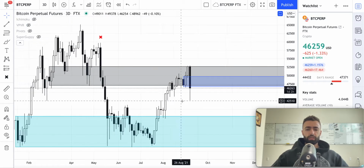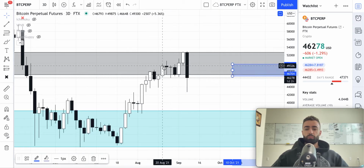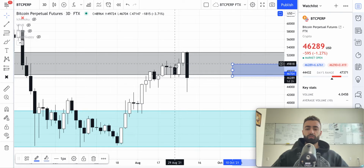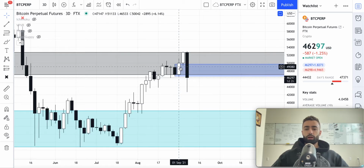If we look at the 3-day time frame, we can see that we have a bullish support zone here that we're looking to potentially bounce off of. This is from our bull trend right here, where we had a low, high, higher low, because we broke the low of this low, and then a higher high right here, with both this candle from September 1st and this candle from September 4th closing above this key high from August 29th. So that makes this last down candle before this up move, where we confirmed the bull trend, the area for